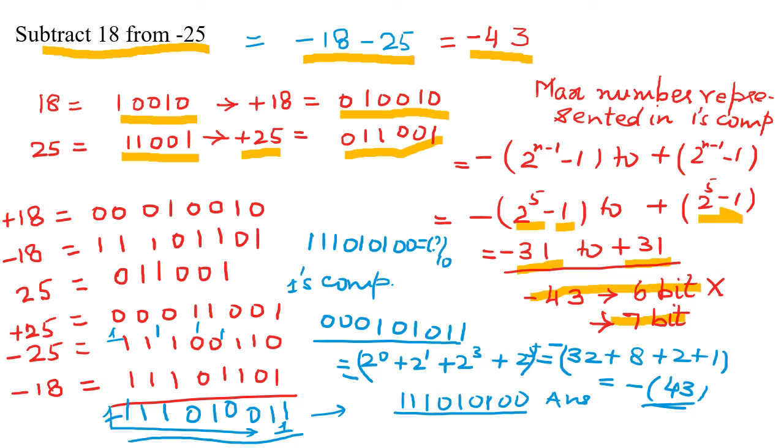Therefore, in front of it we add 2 more sign bits, that is 0 0 0. For 18 it was 010010, and in front of it I have added 2 more zeros to make it an 8-bit number. So minus 18 is the one's complement of it: corresponding to 3 zeros we have 3 ones. Corresponding to 1, it is 0. Now corresponding to two zeros, it is 2 ones, and then 1 0 is replaced by 0 1.